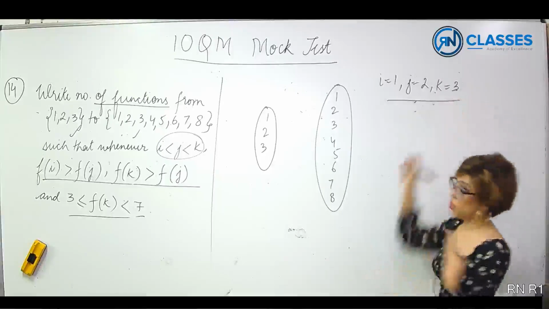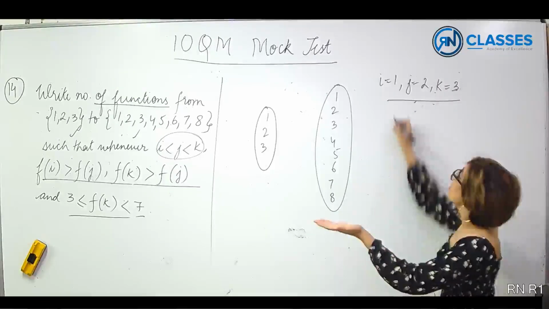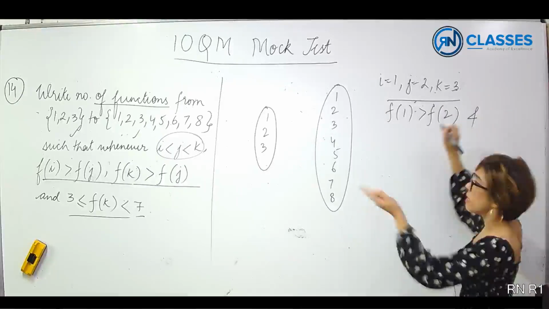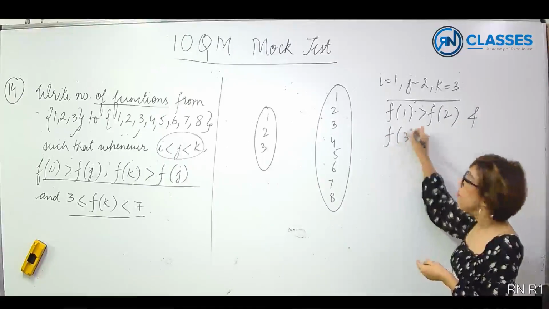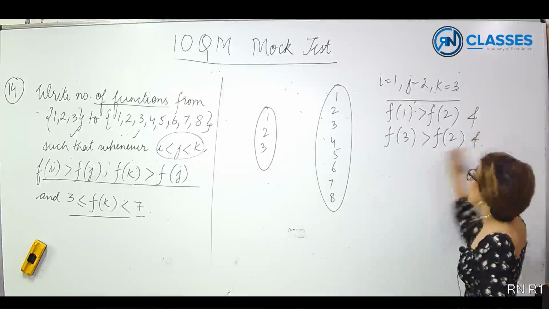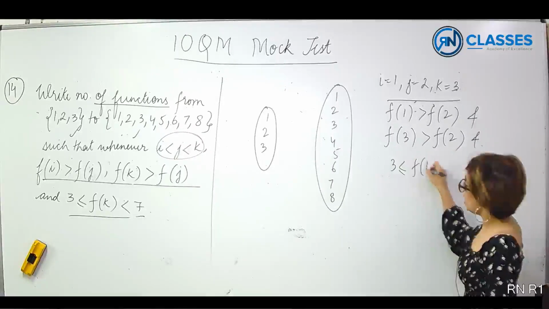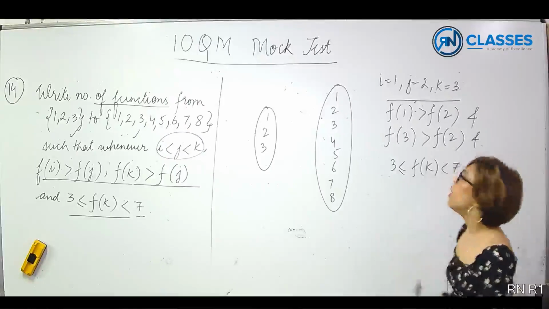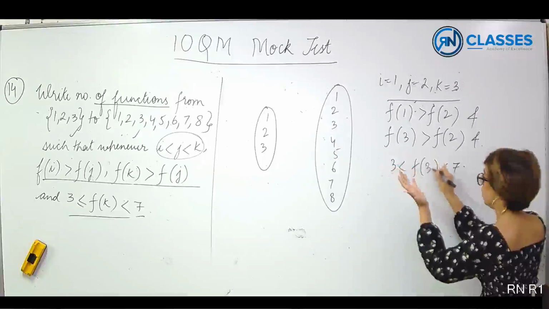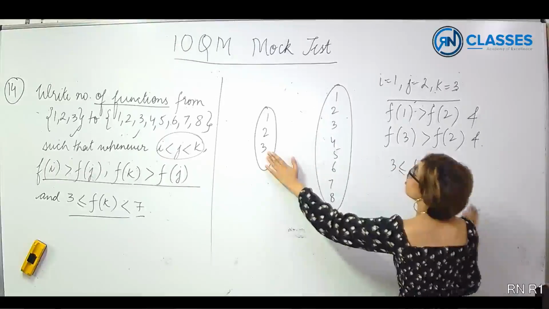Whenever this is the case, which is always, f of i as in f of 1 must be greater than f of 2, and the second condition, f of 3 must be greater than f of 2, and the third condition, that 3 less than or equal to f of k less than 7. Now mind it, f of k. Now k we are obviously taking as 3, so it's f of 3. Now this number can be associated with this,